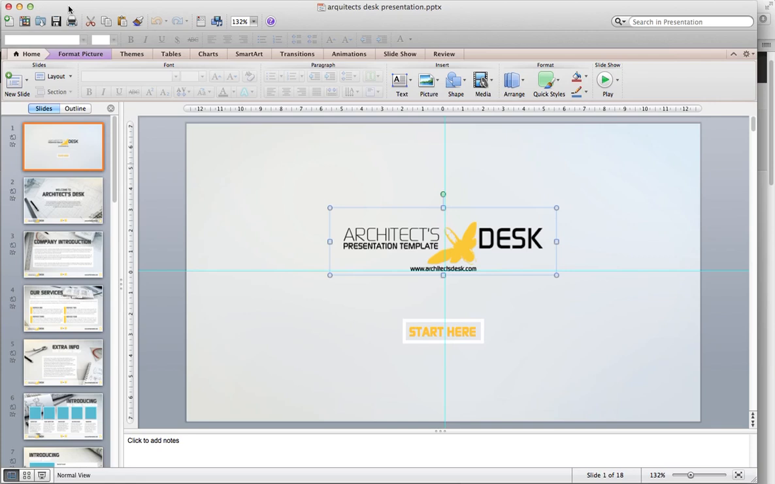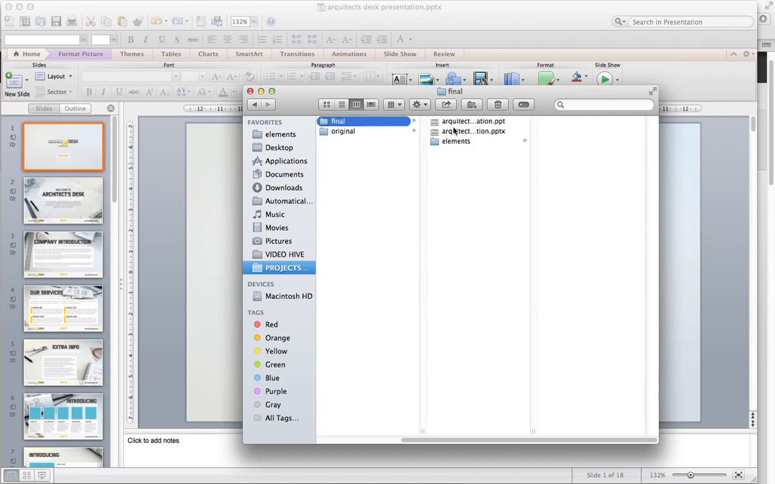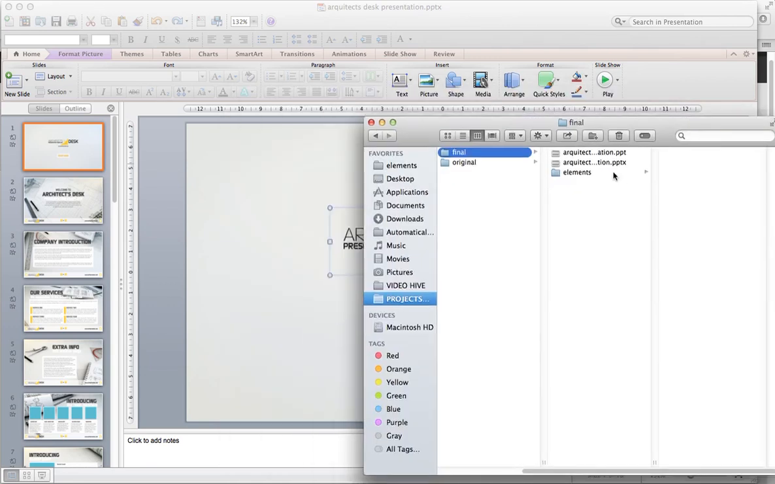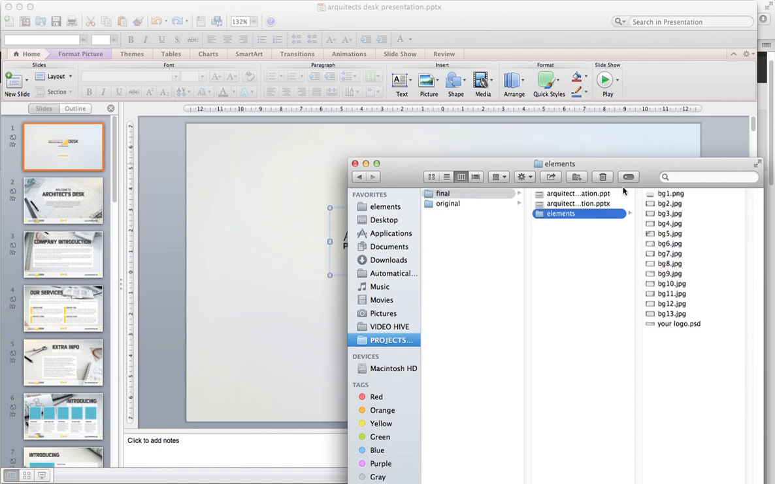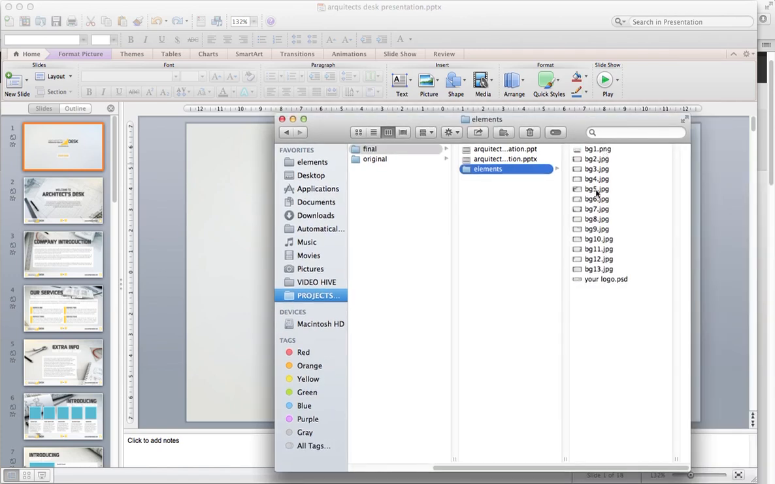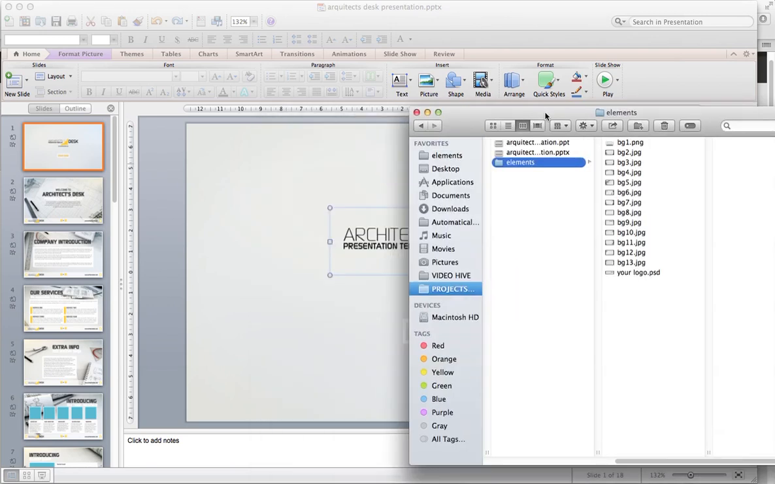This project comes with both PPT and PPTX versions, and in the project folder I've included some elements, which are the backgrounds of the slides, as you can see here, and your logo PSD. My suggestion is